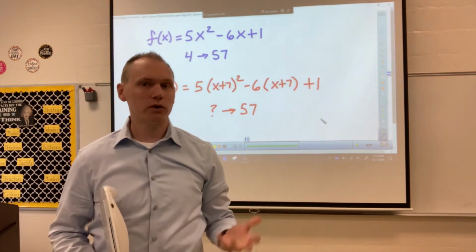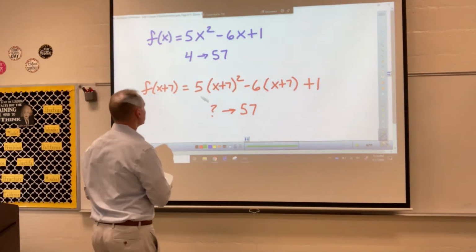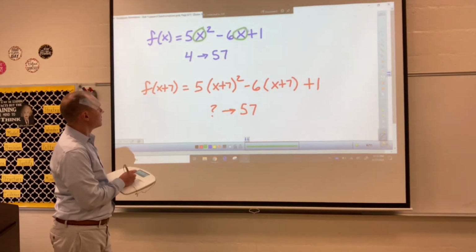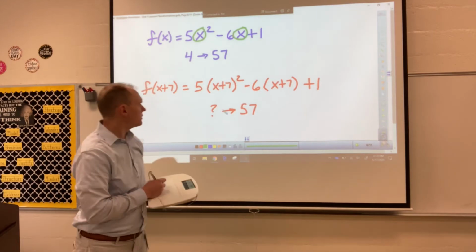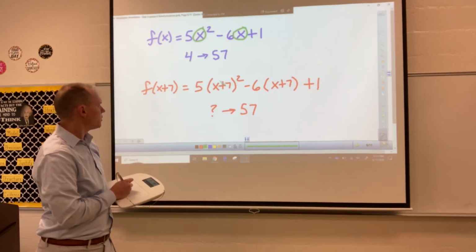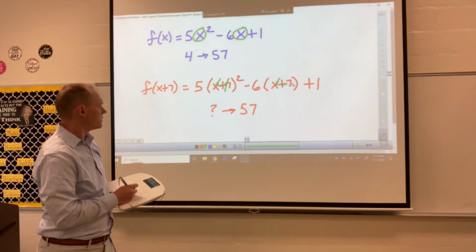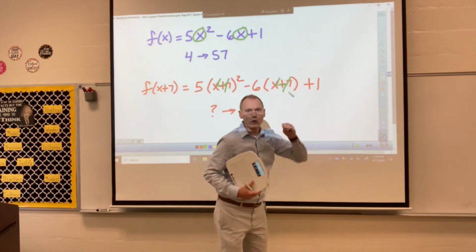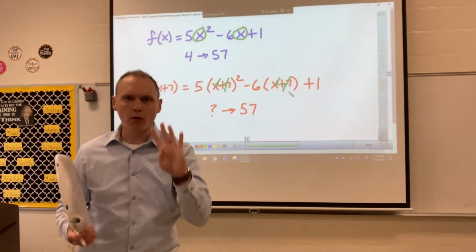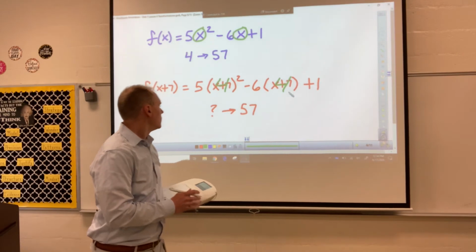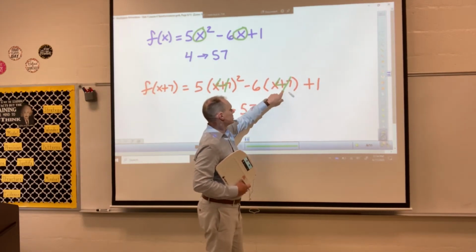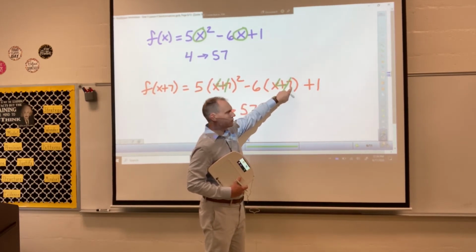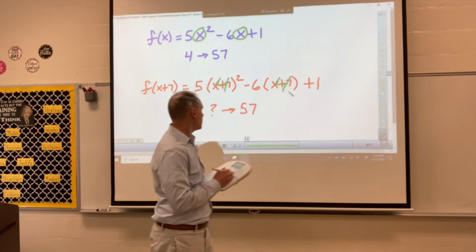Well, you kind of know what should take place, right? Because if we put in 4 up here into these x's, shouldn't we also get 57 if we put in 4 for these whole sets of parentheses? So if that whole set of parentheses is 4, we still have 5 times 4 squared minus 6 times 4 plus 1. Well, what value of x makes those parentheses 4 again? Well, x plus 7, we want it to equal 4. So that should be negative 3, right? Negative 3 plus 7 would give us 4 again. So negative 3